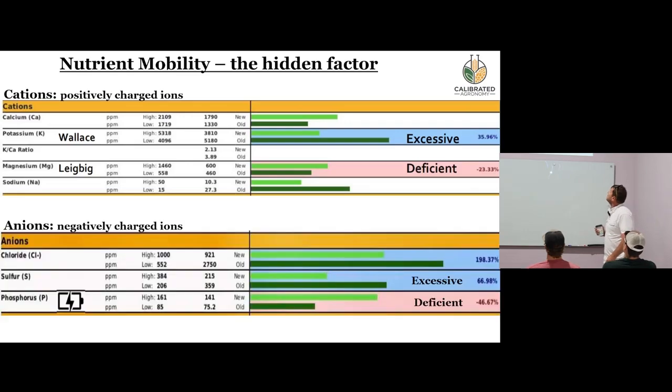This really explains some of those hidden factors we talked about with nutrient mobility. But again, you can get an idea here where the plants have the old growth and the new growth. When we have more in the old growth than the new growth, we've got supply within our plant, meaning the root is taking care of everything we need, and we actually have a storehouse of potassium. When we see this deficiency or deficit,